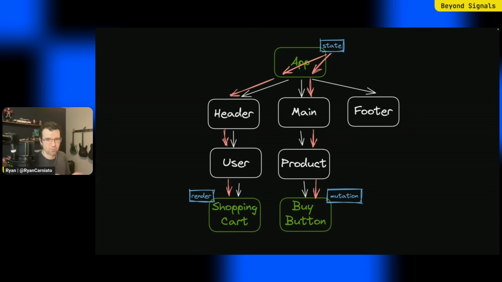Think React, think Svelte 4, think pretty much every framework before a year ago. Picture some application where you need to pull state up high so it's available at multiple points, like a shopping cart in the header and a buy button deep in your page. You update the state, you trigger re-renders down the whole tree. Only the shopping cart really needs to update, but we do all this extra work.